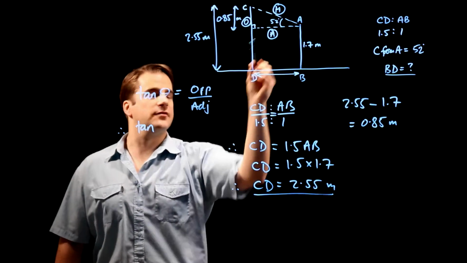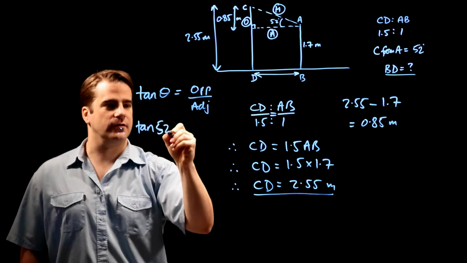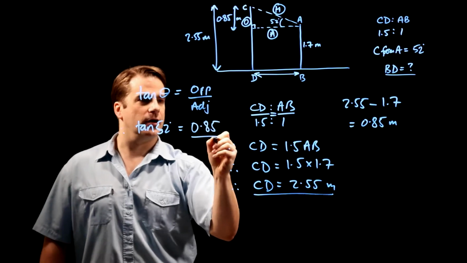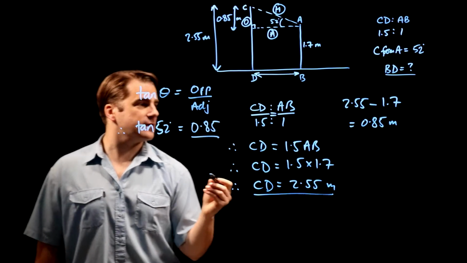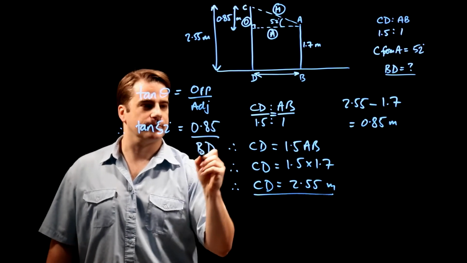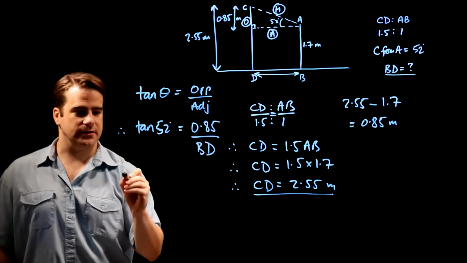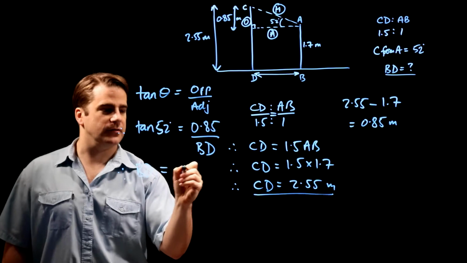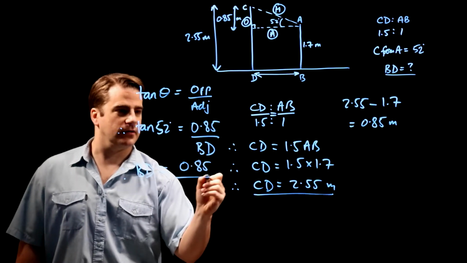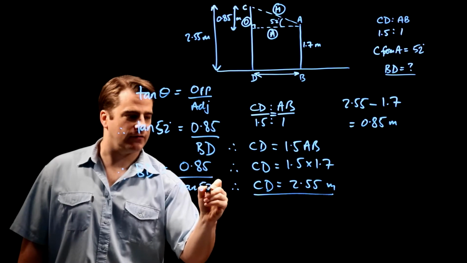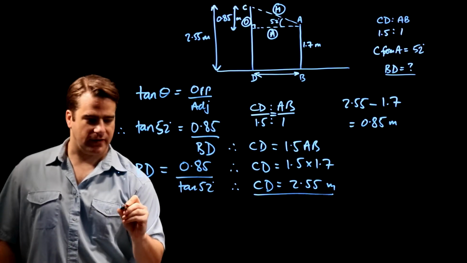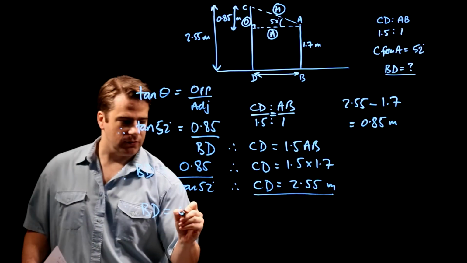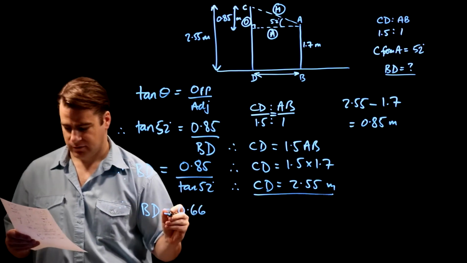Okay, so therefore tan, the angle is 52. Tan of 52 degrees equals the opposite, that's what we know, which is 0.85, over the adjacent, which is what we want. Well, let's just call it BD. Okay? Rearrange that equation. Bring BD up here and tan 52 down there. So BD is equal to 0.85 over tan 52. Stick that in a calculator, and we get the answer, and it turns out to be 0.664092,